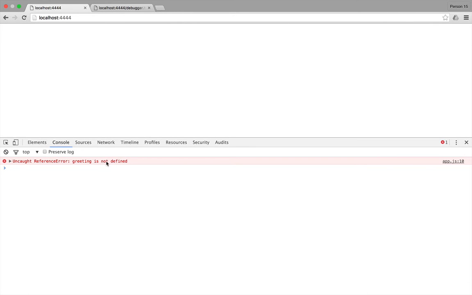Chrome has a new feature called Never Pause Here that allows you to better handle situations where Chrome is repeatedly pausing in the same place when that place isn't relevant to the issue that you're debugging. I've made this little demo app, and you can see it doesn't actually render anything. So I'm going to open the inspector and look at the console, and I can see, okay, there is an